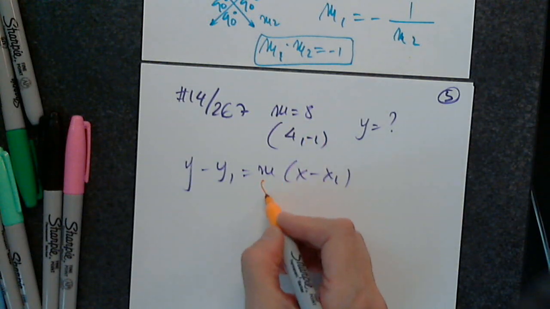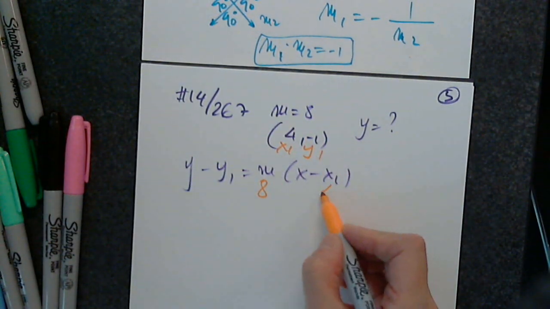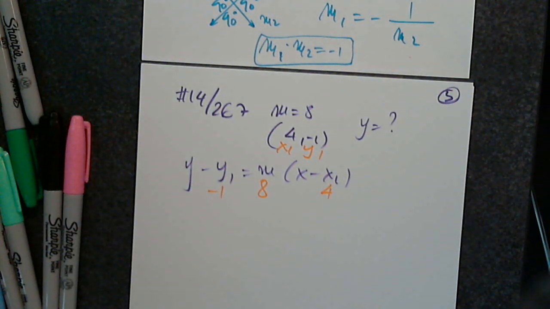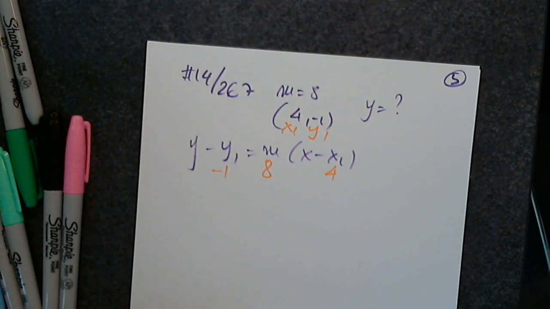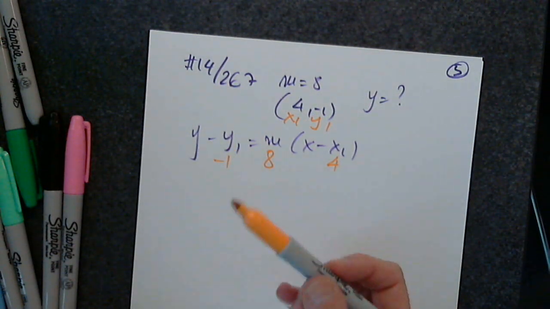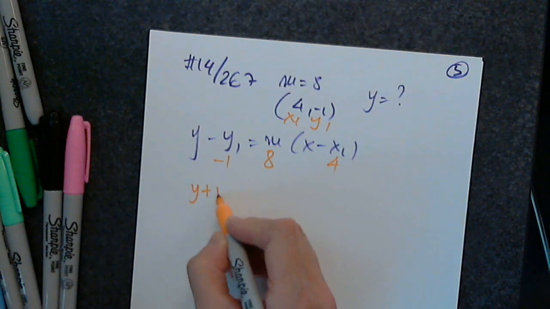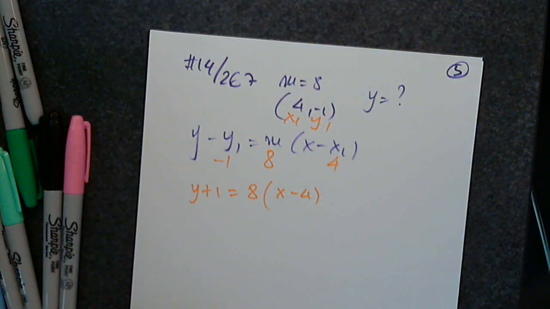So I will write under m, I will write 8. Of course, this is my x1, y1, 4 and negative 1. And now the next step should be easy. After I identify and I wrote underneath, what is y minus negative 1 equal to? Very good, awesome. Then I copy 8, and x minus 4 is x minus 4, and I can't do anything